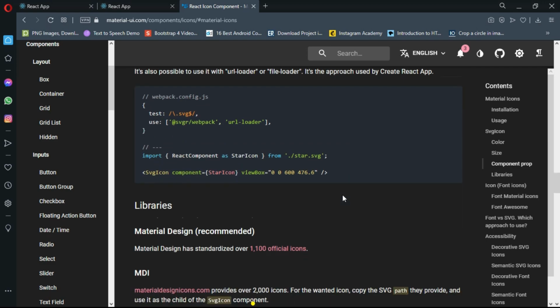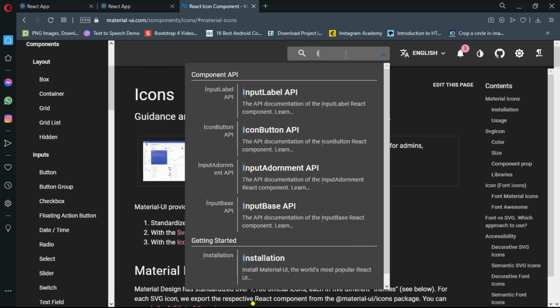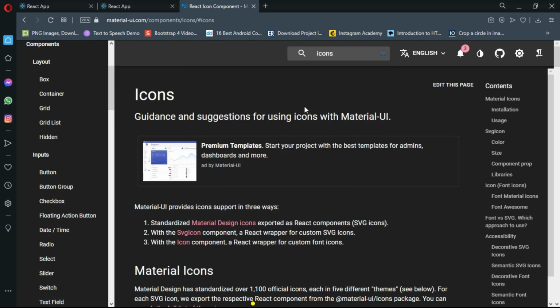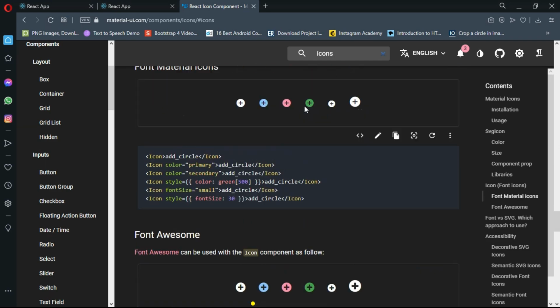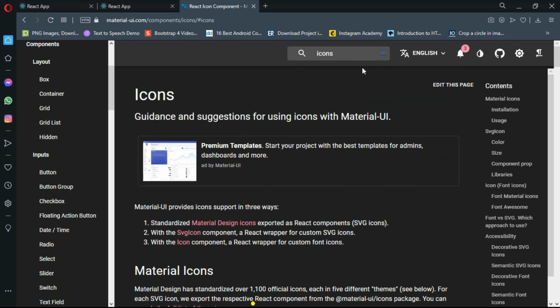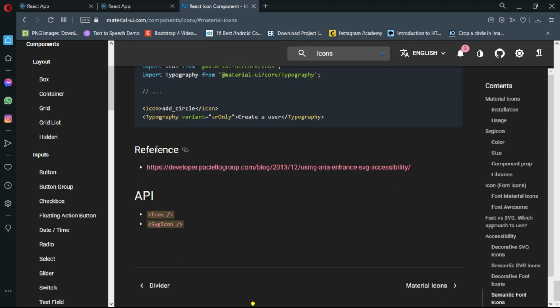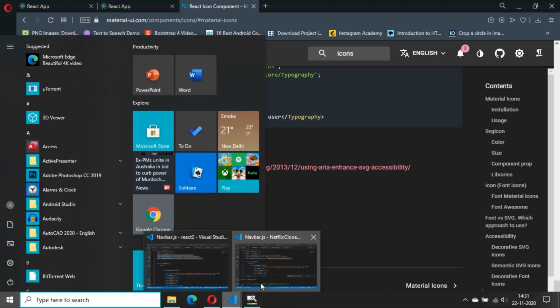So another step is just searching for the icons in the search bar, going to Material Icons or Icon, whatever option you choose. I think choose any of them and simply search for whatever icon you want. For example, if you want a cart icon, search for that cart icon, copy this import, you'll get this import settings from there and just paste it inside your code. So I think this much was enough of this reference of Material UI and its icons.